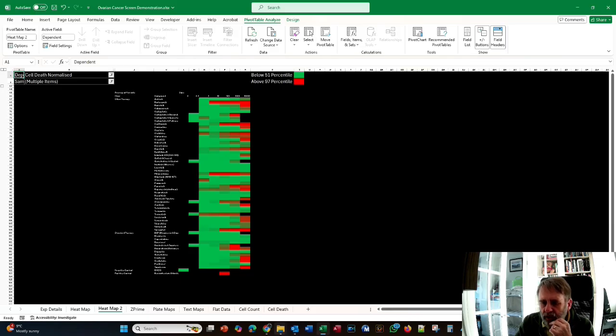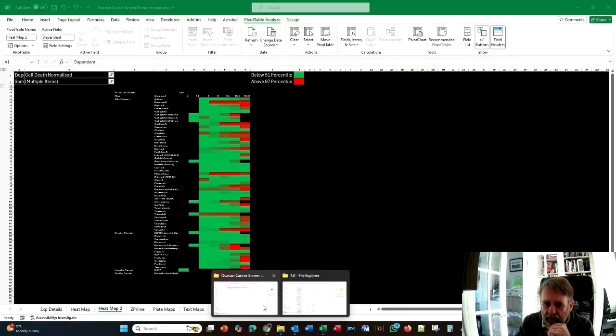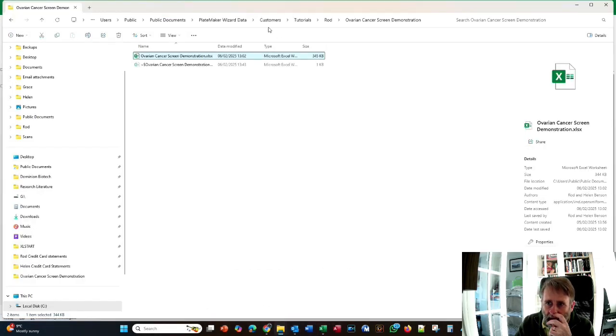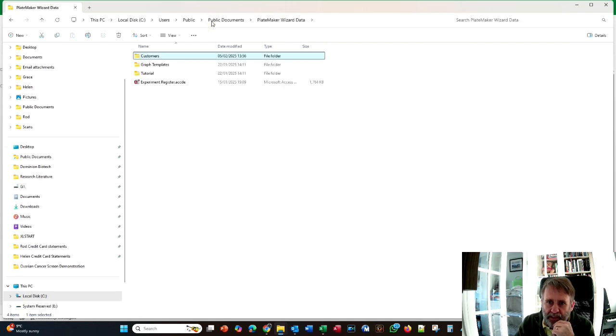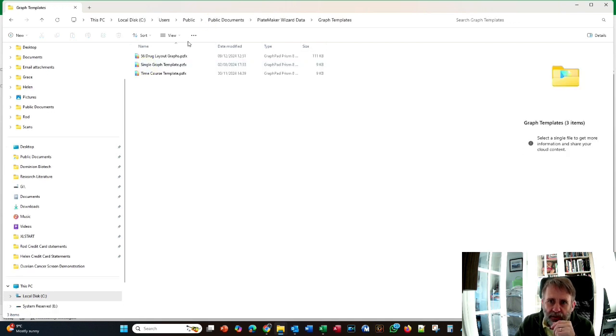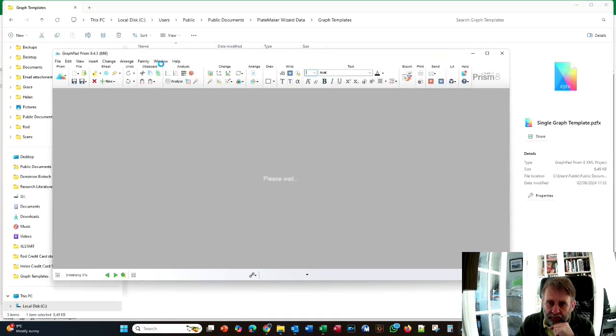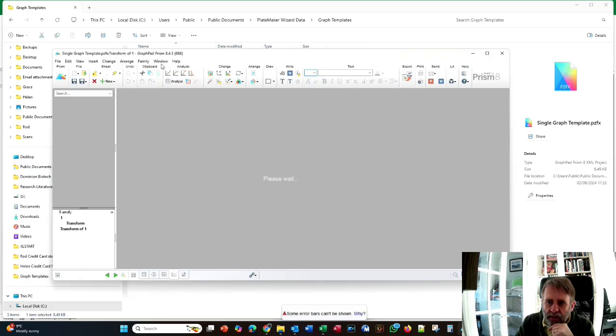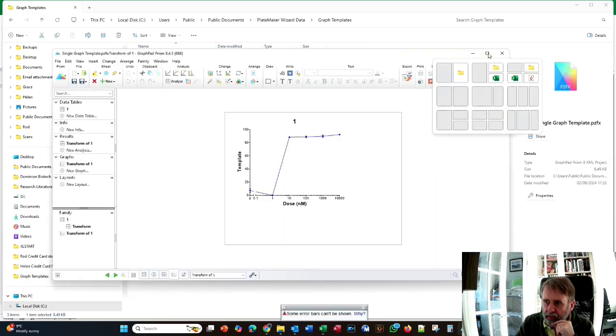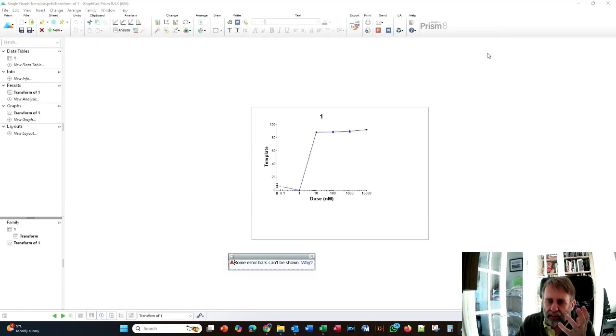And just to show you how we're going to do this, first of all, go back to the Platemaker Wizard Data and go to Graph Templates. You can see there are 3 templates that are included, and these are just standard Prism graph files with the program. I'm just going to click on single graph template for a minute just to show you what I've done here. I created this basic Prism graph file to be a container for all the different dose response curves of